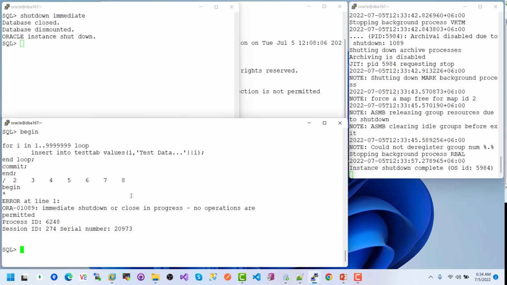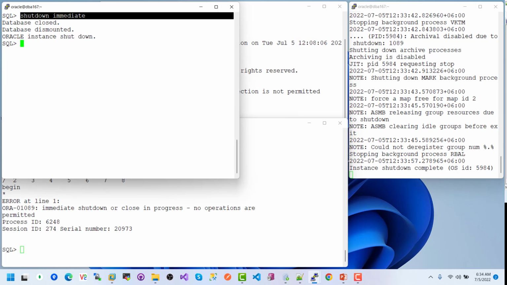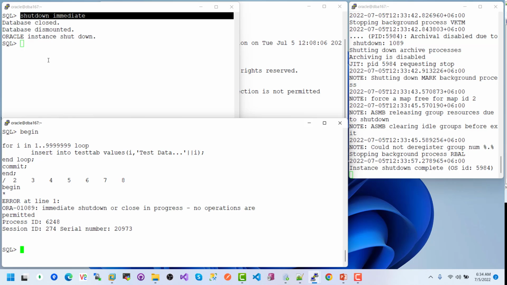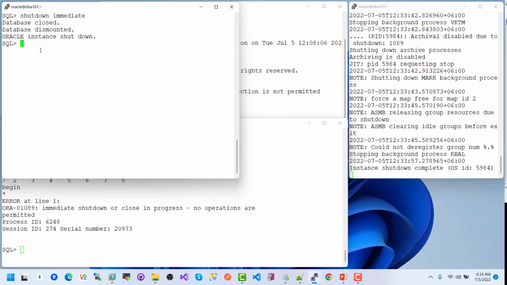Just observe the insertion error. Immediate shutdown or close in progress, no operations are permitted. So our insertion was terminated by shutdown immediate. So if I restart the service, startup,